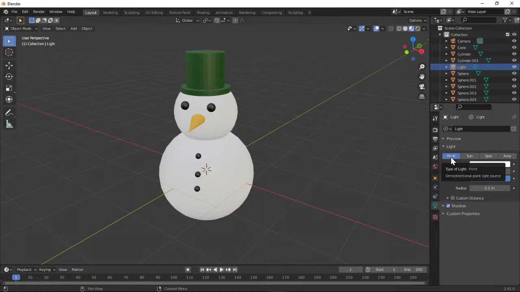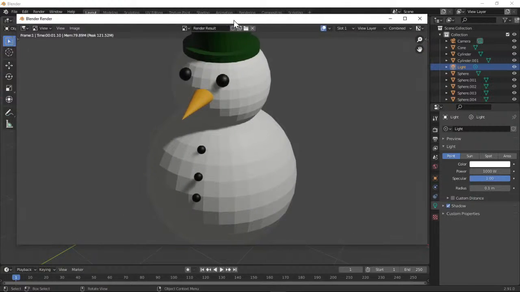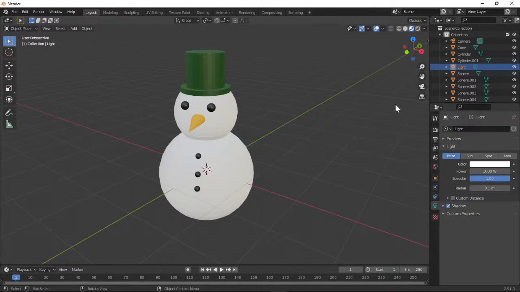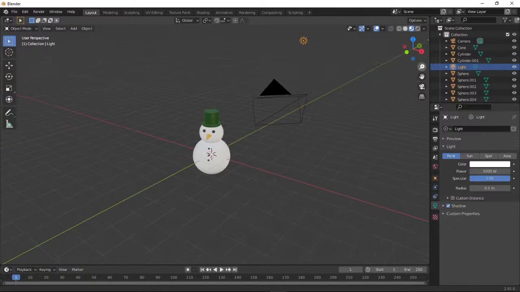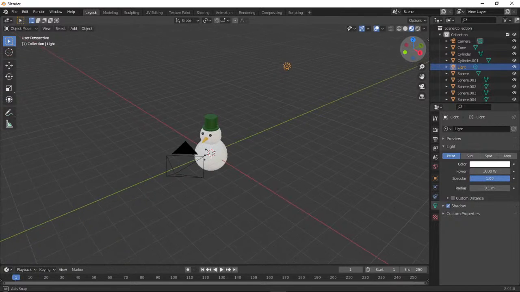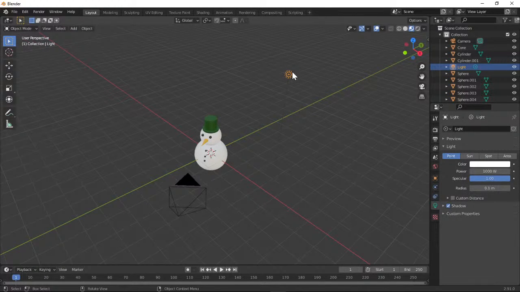Right now it's a point. You can change it to sun, spot. But when we actually render, it gives a bit of shadow. And maybe we don't want that. So let's see if we can move our lighting around a little bit and we can see our different views. So if I do my view out, remember I told you that here's our camera, okay, and here's our lighting. So if we actually click our lighting,